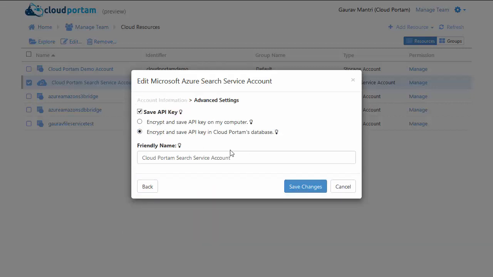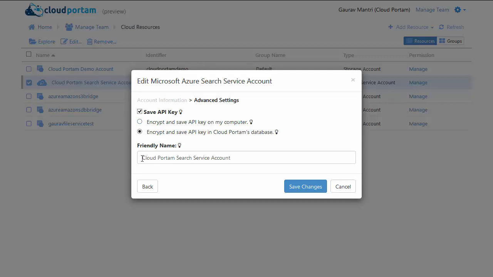Now this is where I change the behavior of saving the API key. Right now I have this encrypt and save the API key in Cloud Portal's database. That's how I opted to save my API key. If I want to change it so that I store the API key in my browser, I will just simply select this. Then there is the friendly name, so I can change the friendly name.